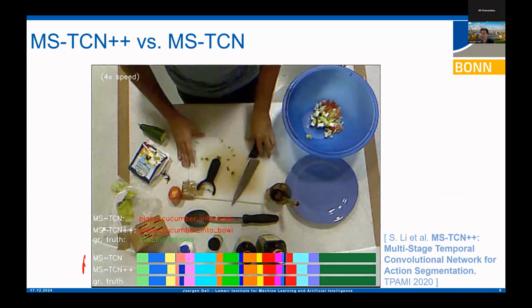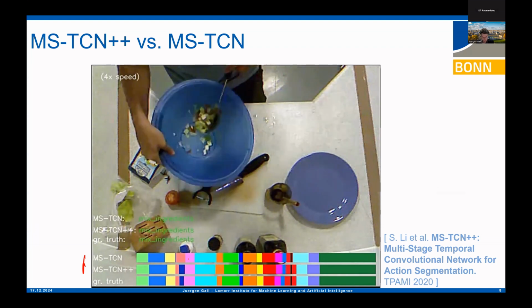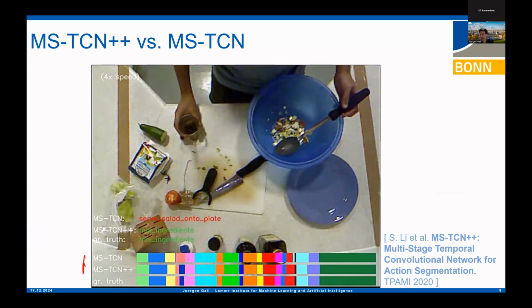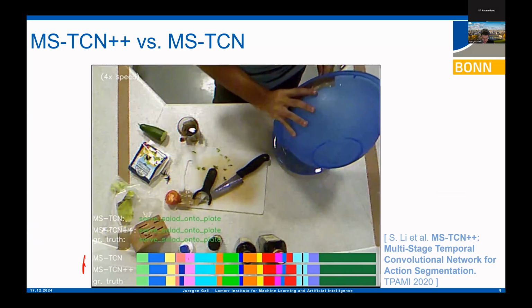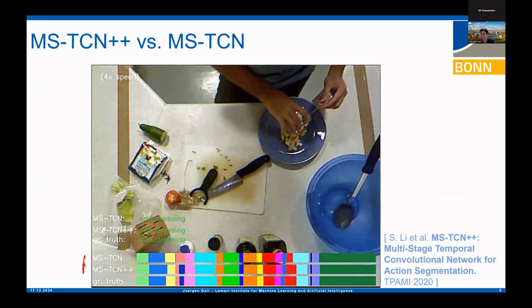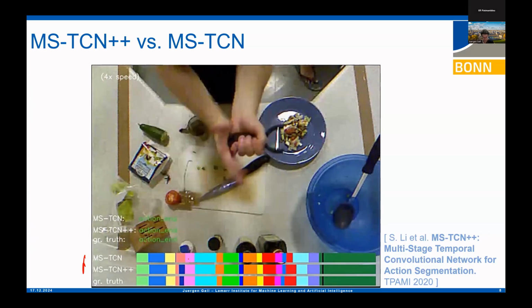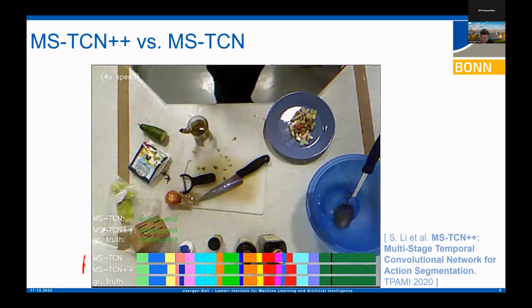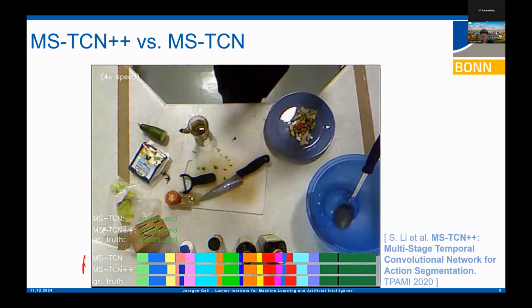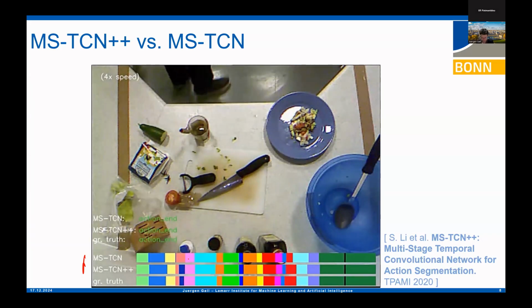As the dataset describes, it is a sequence where people prepare salads in different videos. And the goal is always to predict the different video sequences. And as you can see, at the beginning and at the end, nothing is happening. And always don't forget to take a picture of the food, which is actually part of the dataset.